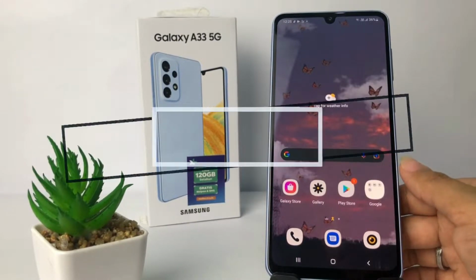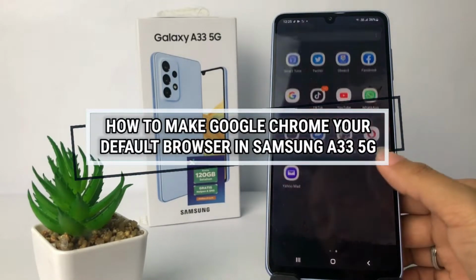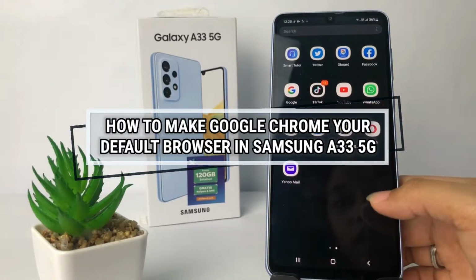So today in this video I'm gonna show you how to make Google Chrome your default browser in Samsung A33